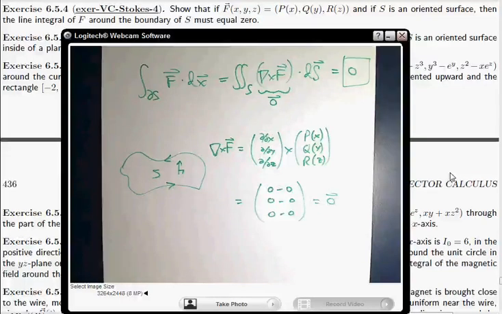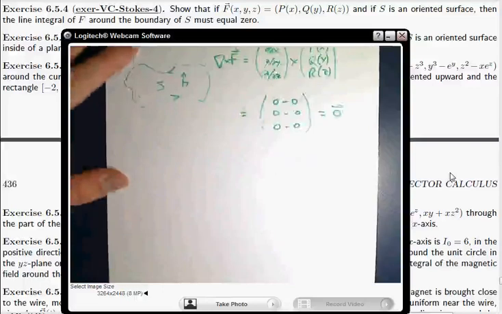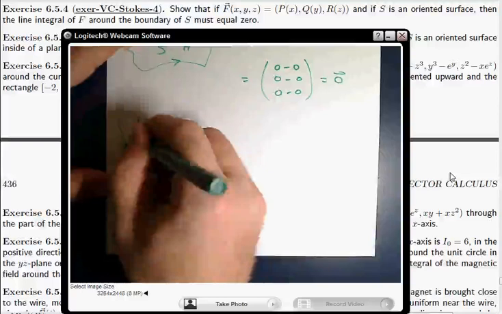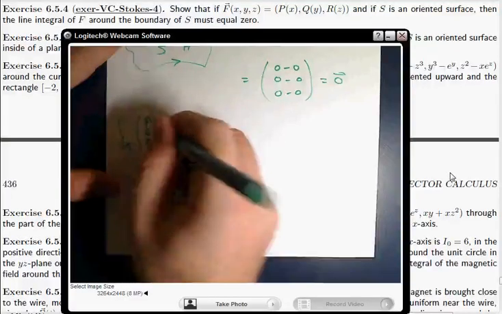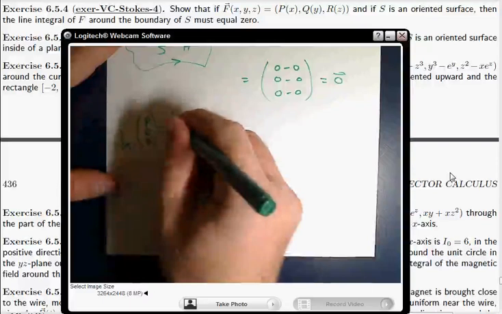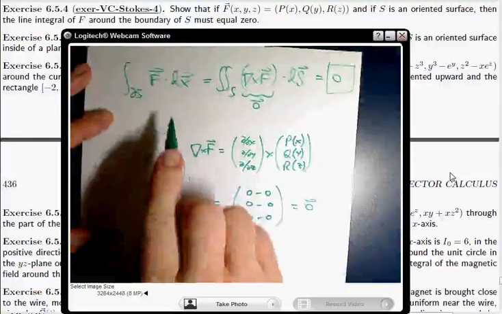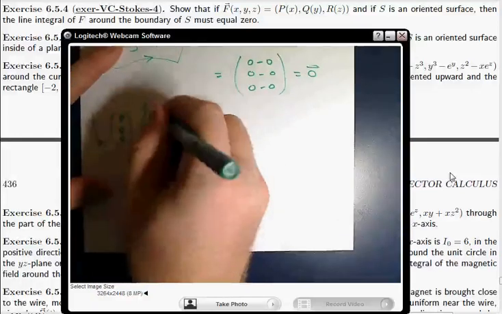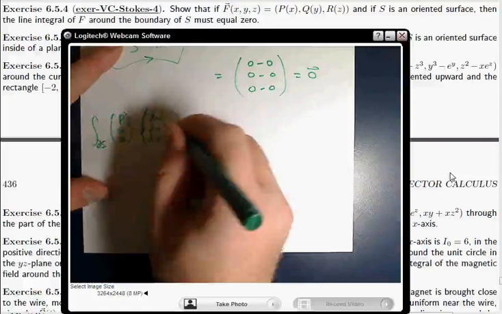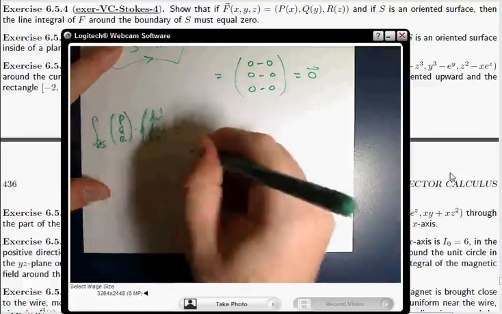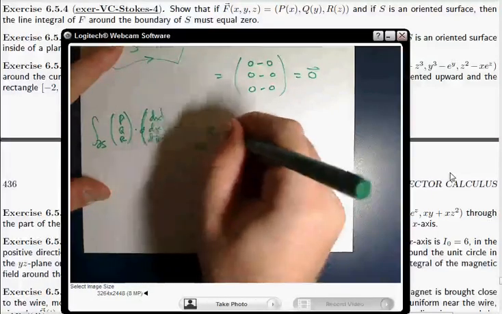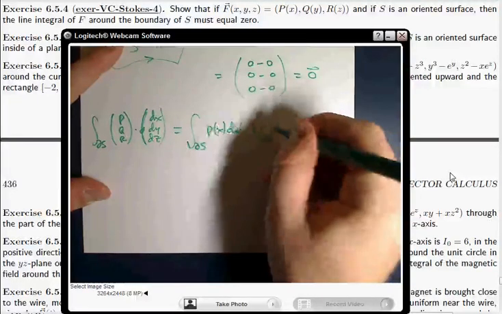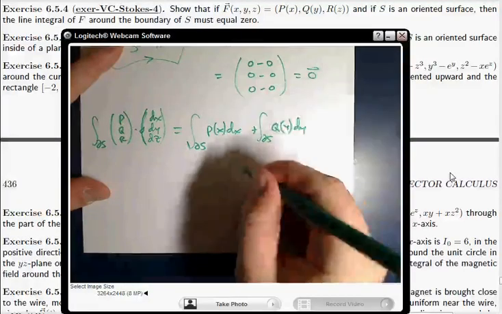And by the way, just another point of view on this problem, another way you could rewrite this integral around the boundary of (P, Q, R) dot dx. Let me just rewrite. Remember the dx vector here, that dx vector in coordinate notation is (dx, dy, dz). And so you could rewrite this as a sum of 3 integrals, P of x dx plus Q of y dy plus